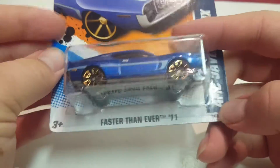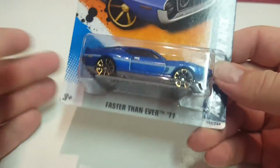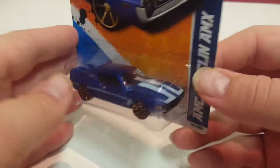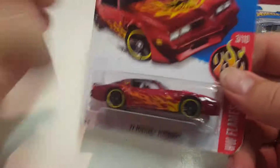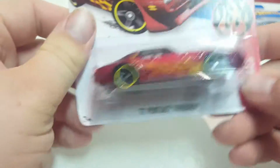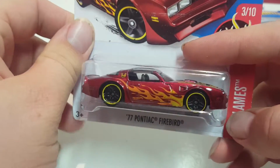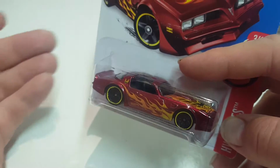A lot of cars are worth $1, but when there's something at 50 cents, compared to what you would pay $1 in the store, you might as well buy a bunch, especially if you have a couple. This I don't have. The next thing I do have, I may open it. I kind of wish it was either the blue or white one. Still pretty cool. This guy also had Nissan Skylines for 50 cents, which a lot of people talk about